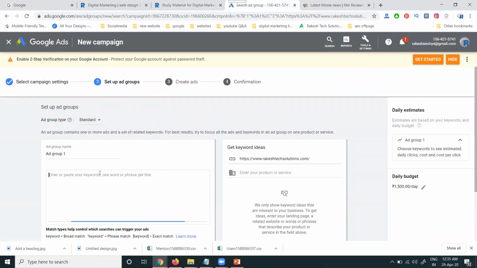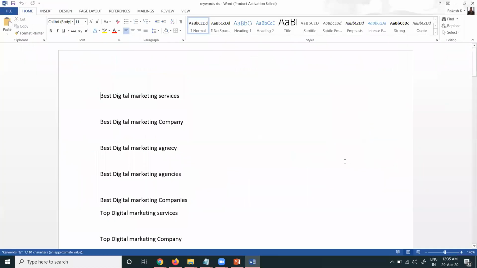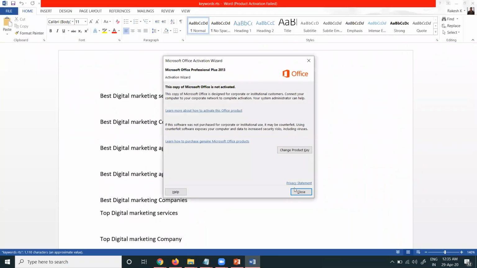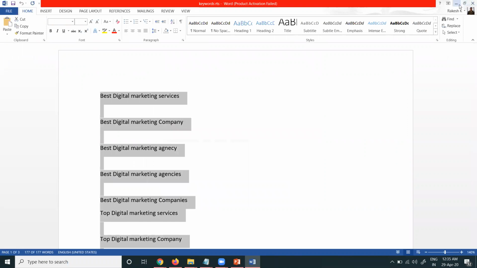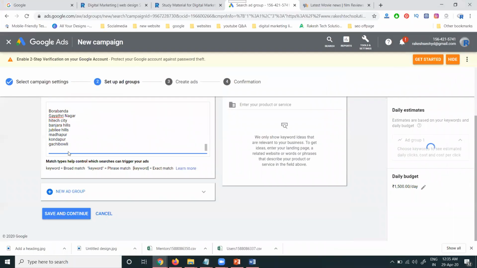So here, add the keywords. I'm adding dummy keywords here. You can add all your keywords here. As I'm showing, for each group we can add more than 15 keywords.